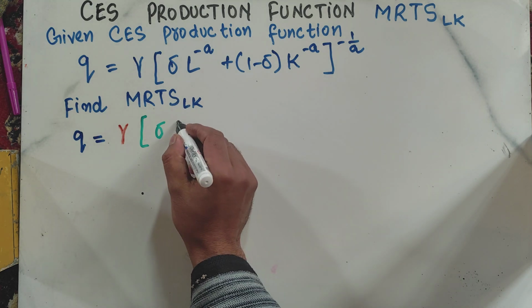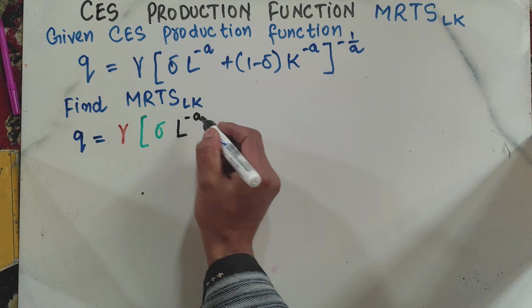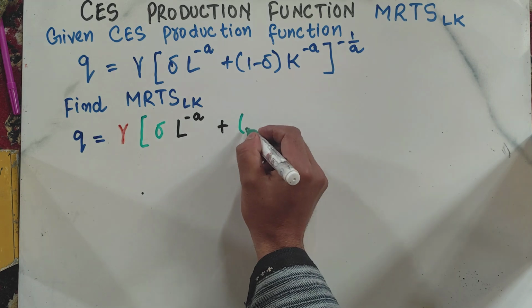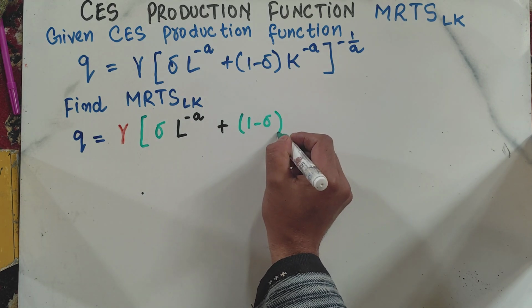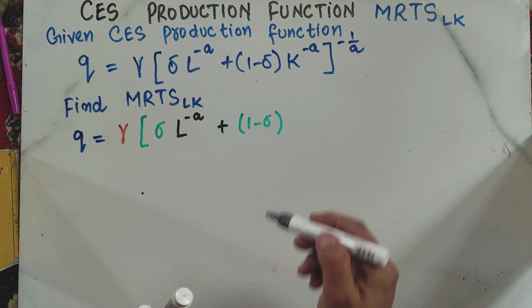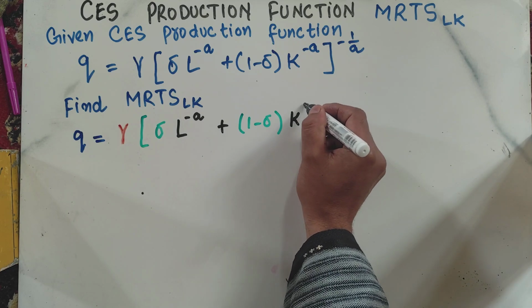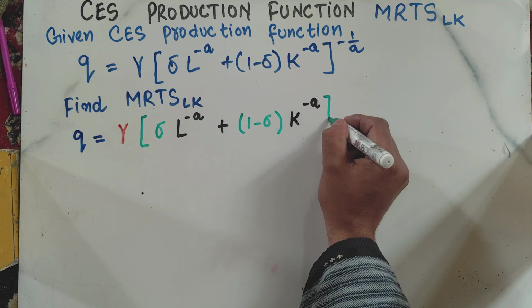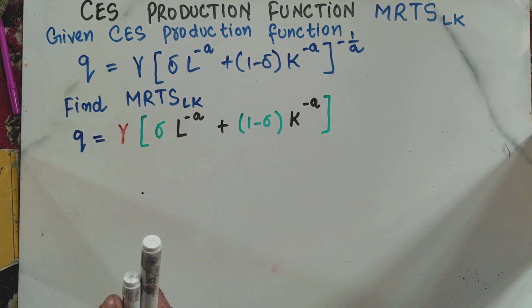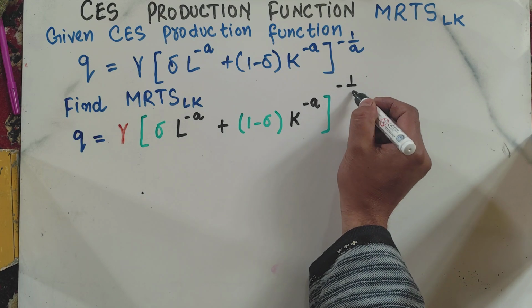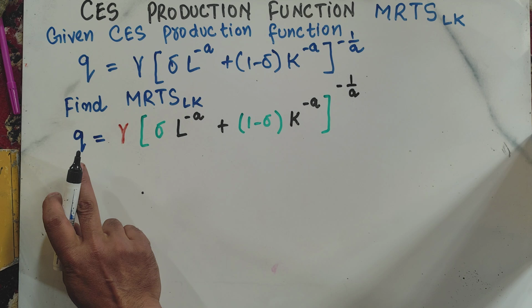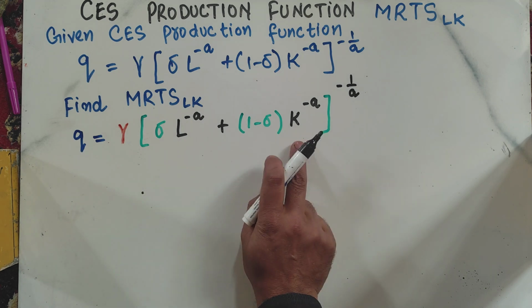Then we have L raised power minus A plus 1 minus delta K raised power minus A, whole raised power negative 1 upon A. Okay, that shows us that output is a function of labor and capital, which are the